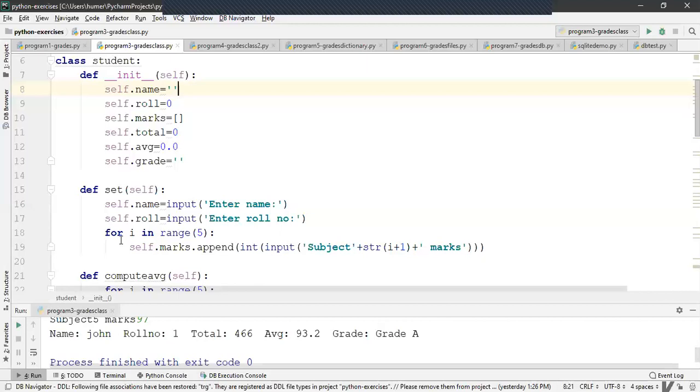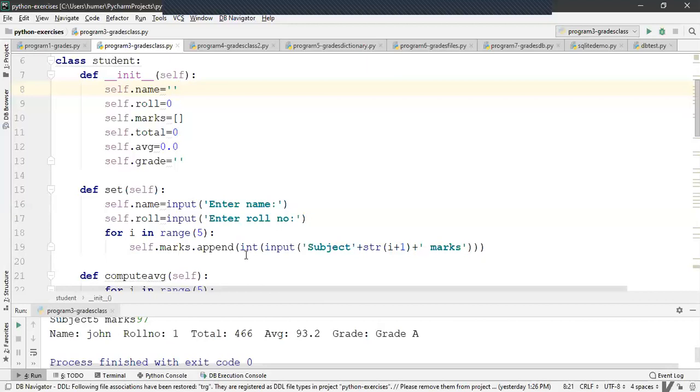So their indexes will begin with 0 and end with n minus 1. So for i in range 5 means start with 0 and end with 4. Marks dot append is a function defined in list.